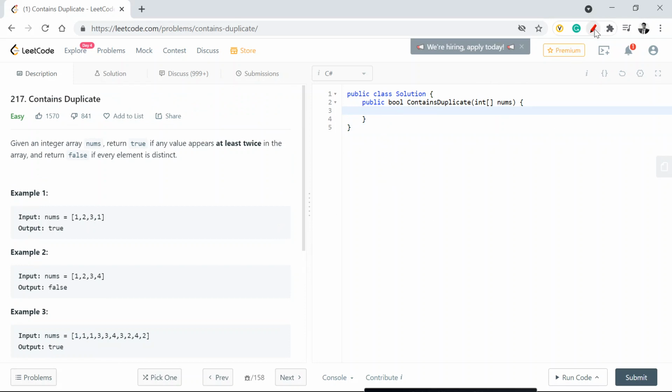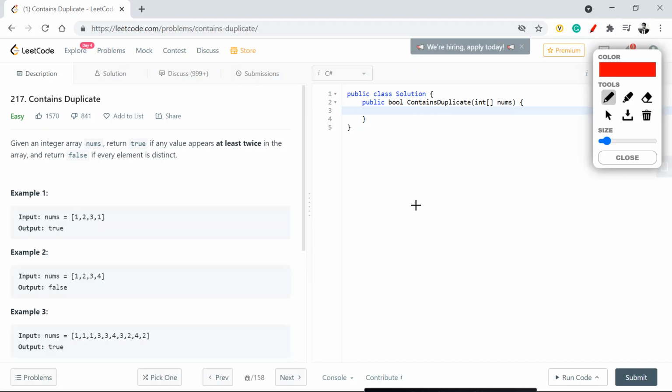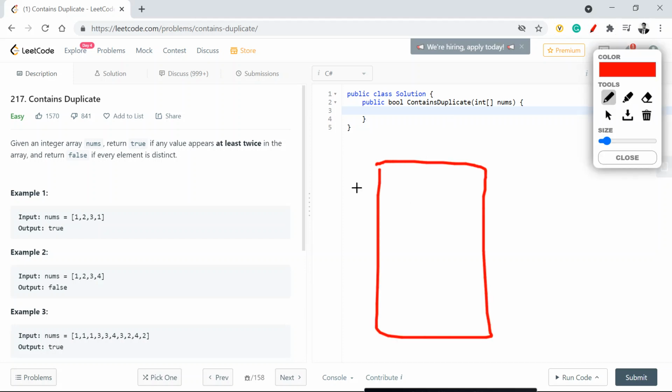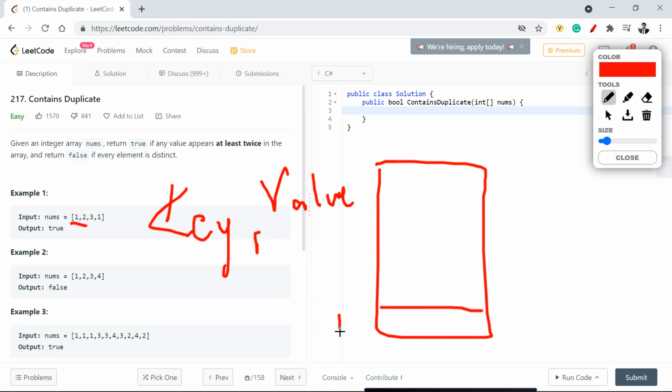What it will do is, say I have this dictionary as a key-value pair. Whenever I find a value, say 1, I'll add it here: 1 is the key, and I'll add a count as its value, say 1. Now again I got a value 2.